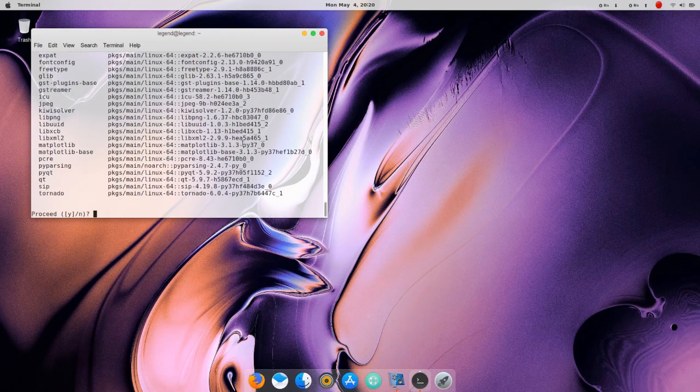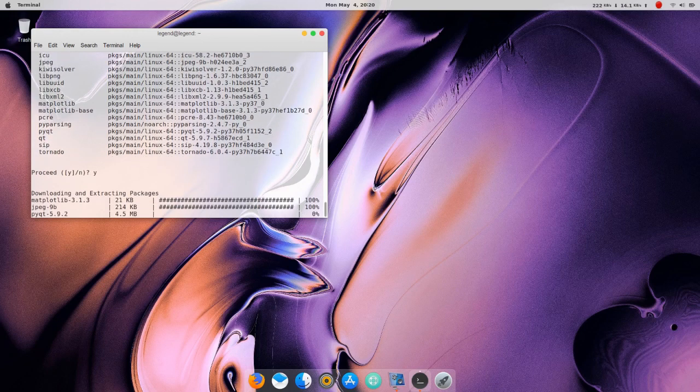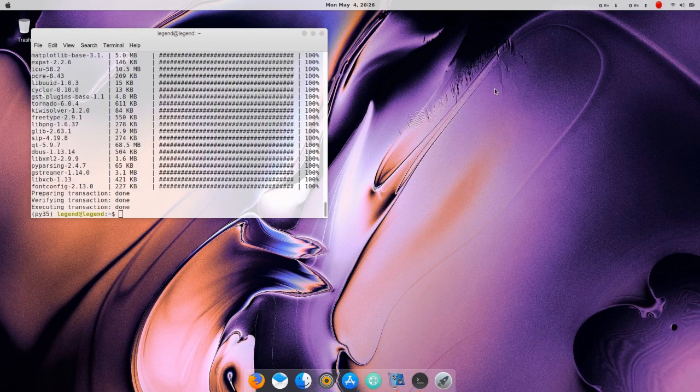As you can see, it will also require some hundreds of MBs of data. Now we are left with just one package, that is Jupyter Notebook.